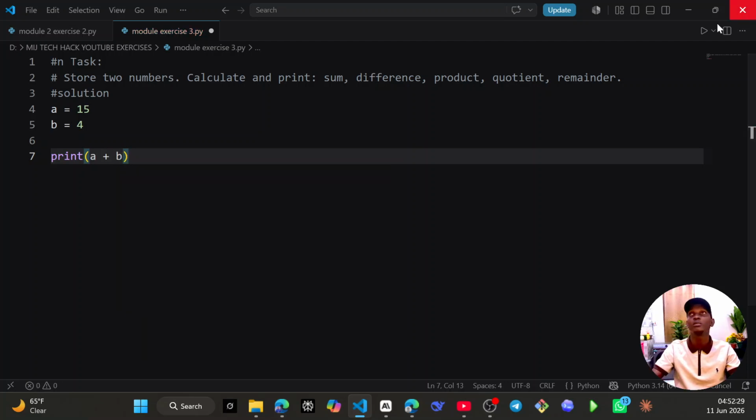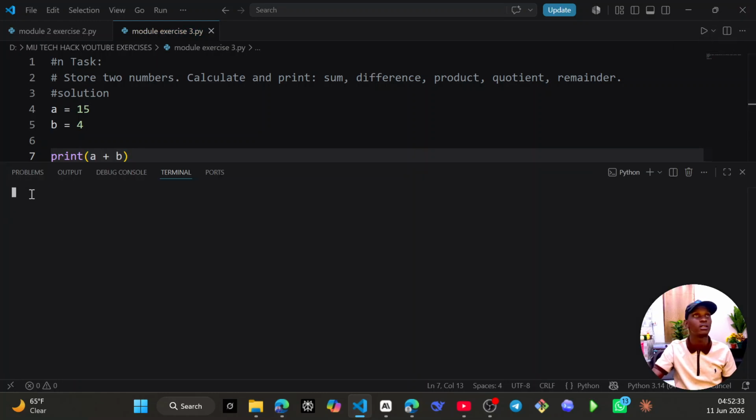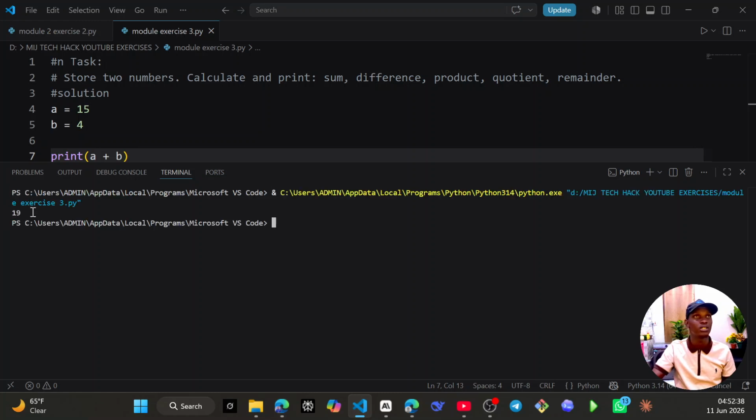When we print A plus B, what do we get? When we get 15 plus 4, we expect 19. Let's see, our value must be 19. So we see it is 19. So we are good to go to the next one, which is